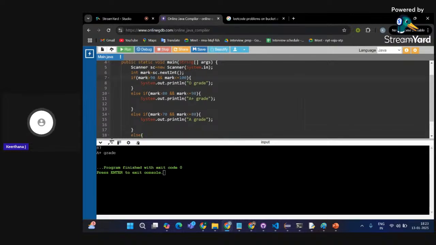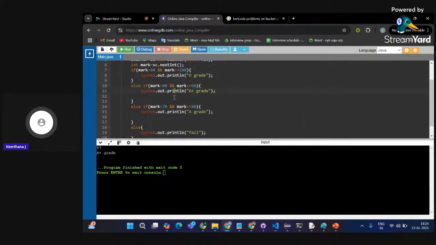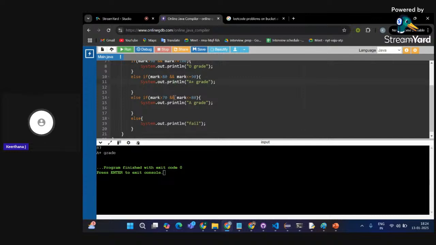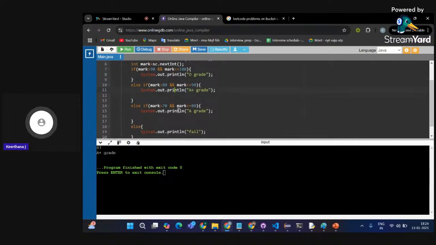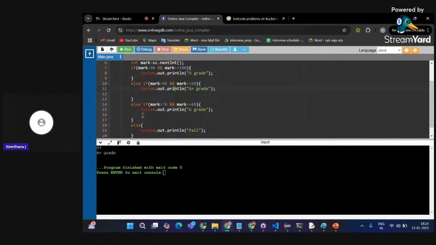Is mark greater than 90? Is 87 greater than 90? No. And we know the truth table of logical and, right? Only if both the conditions are true is the output going to be true. So this is false over here, so it is coming here. In the else if block, it checks if 87 is greater than 80. Yes, true. And 87 is less than or equal to 90. Yes, it is also true, right? So this will be getting executed. That's it. The control comes out. So this is known as if else if else ladder.